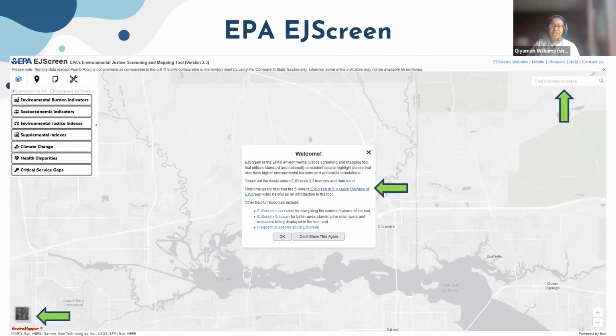So starting with EJ Screen, this is their screening and mapping tool. It's used by the EPA to highlight areas that may need support under their environmental justice work. And really, this tool can help users identify potential areas with environmental quality issues in relation to demographic information. So we've seen this information used to support educational programs. Grant writing is a big one, especially if you're applying to any grants through the EPA,